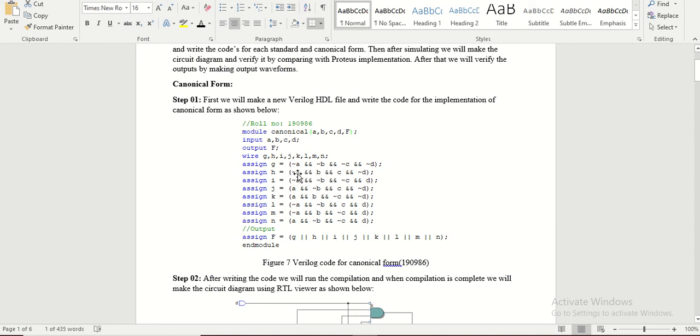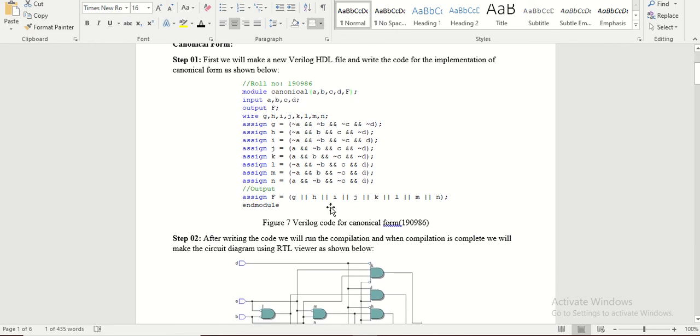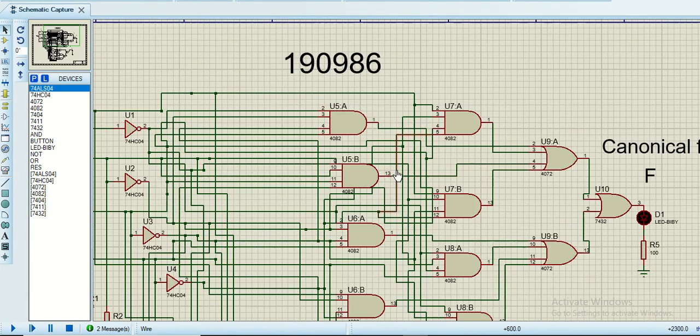So these are all the minterms that I have assigned to these wires, and then what I have done is, no, this is not the minterm, this is the AND gate. These are the outputs of the AND gates that I used before in this Proteus circuit.